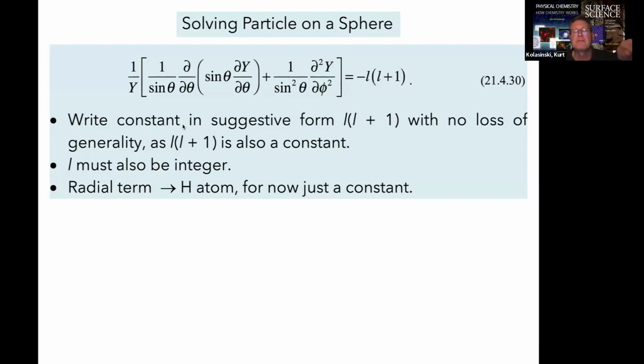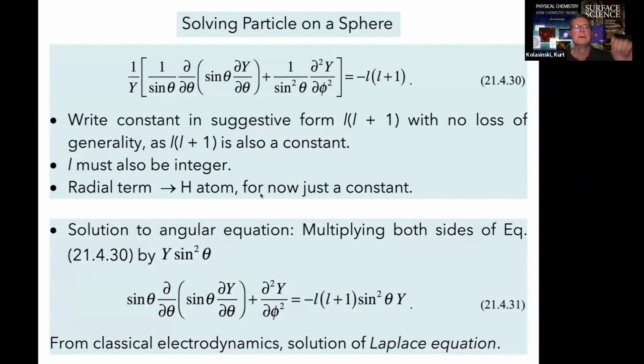All right. That radial term, we're going to put it to the side. When we go back to solve the hydrogen atom, we'll have to actually deal with it. Right now, we're just saying it's a constant, right? We fixed the value of r, so it's just a constant. All right. So